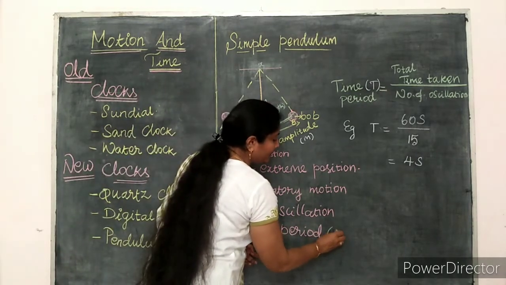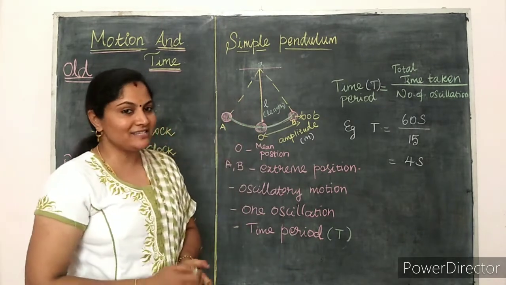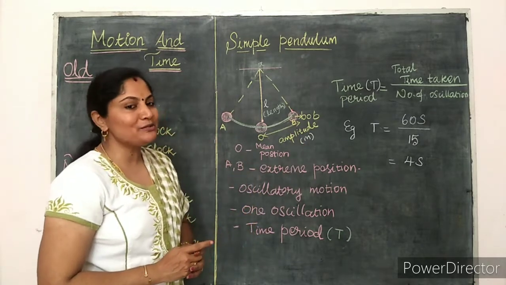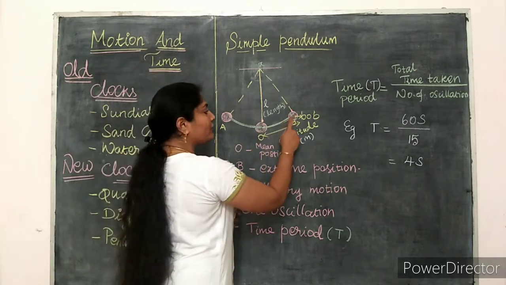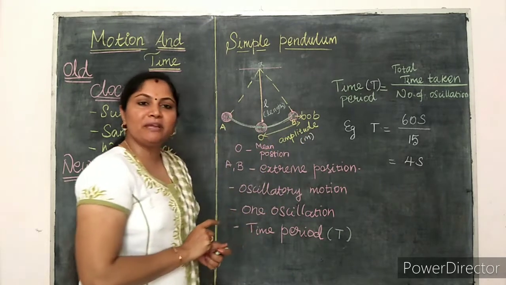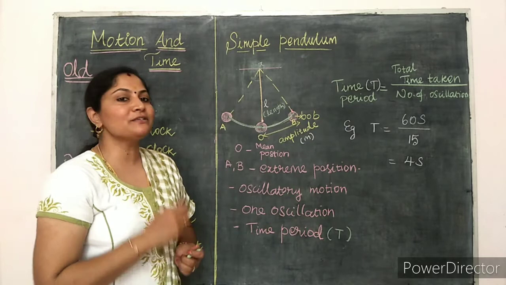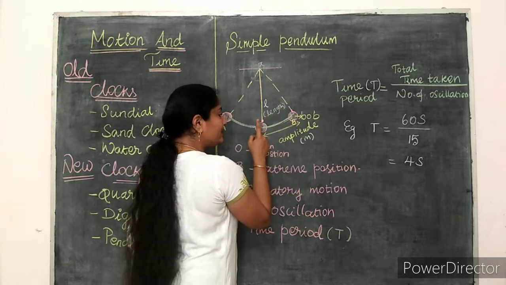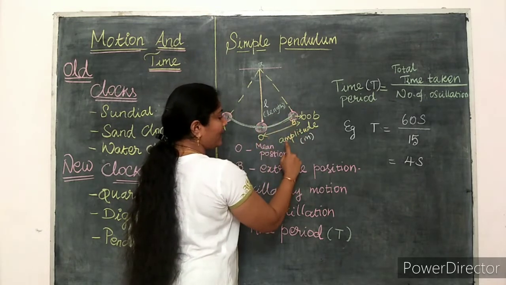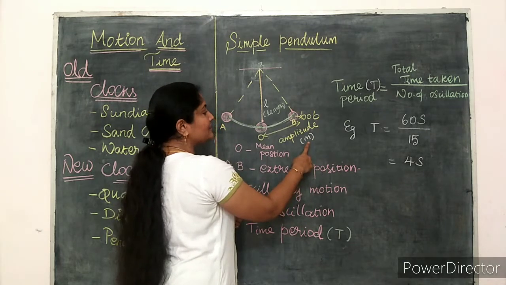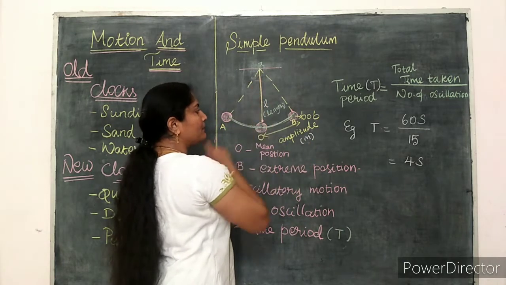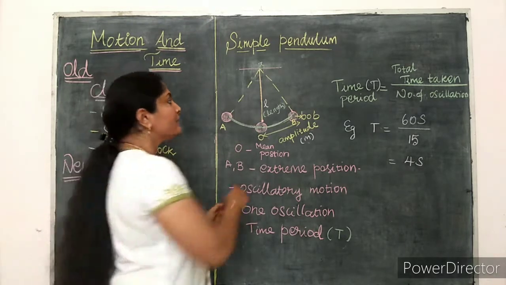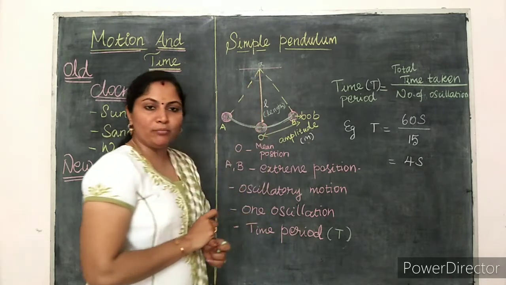Actually, time period of simple pendulum is denoted by the capital letter T here. And one more thing I want to say, that is amplitude. Amplitude means the maximum displacement of the bob from its mean position. So amplitude of simple pendulum means the maximum distance between the mean and the extreme position. The unit of amplitude is m, and L is the length of the simple pendulum. What is L here? That is the length of the simple pendulum, that means the length of the flexible thread from the fixed point to the bob.